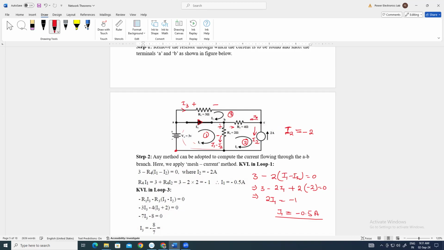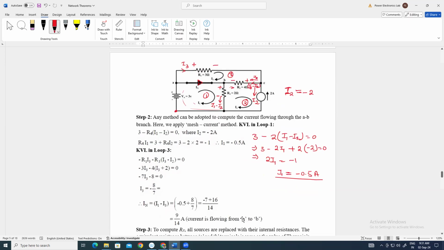We can assume any one dominating. If we assume that I3 is dominating, the polarity will be plus minus here, and the current flowing through this branch will be I3 minus I2. So, applying KVL in loop 3,